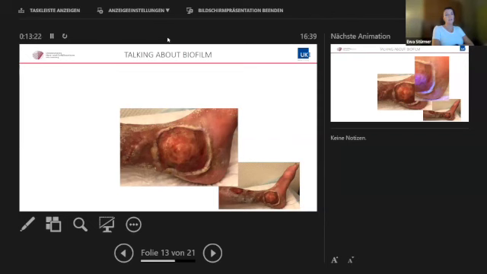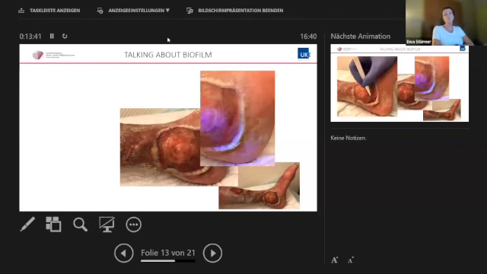And you see a swollen wound margin. You maybe know by this that there's a huge exudation in this wound. But on the other hand, you see there's a little redness, not really a swollen leg. And if you have a closer look using UV near light, you can identify that this wound is covered with